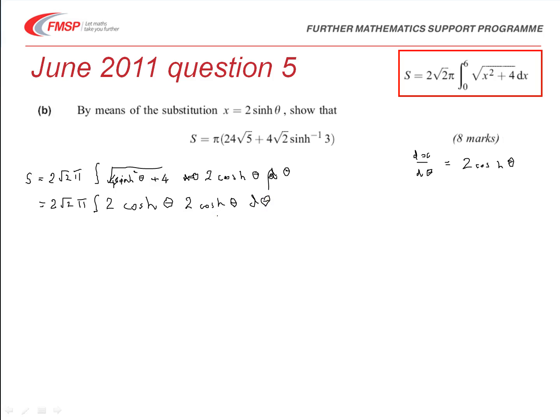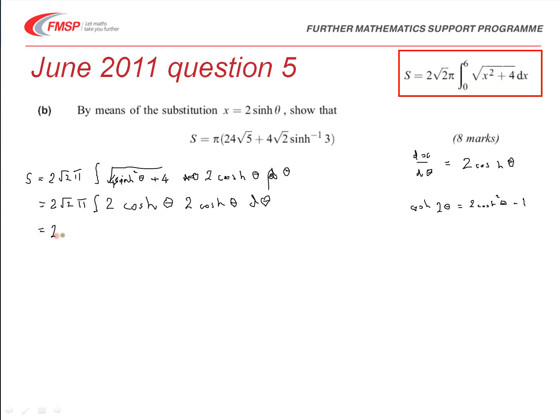Now to integrate cosh squared, just like cos squared or sine squared, we need to use a double angle formula, and for that we're going to need to know what cos 2 theta equals, or cosh as the case may be, and cosh 2 theta will be equal to twice cosh squared theta minus 1, and you need to be able to find that out for yourself. If you know the double angle formulas for cosines and sines, then that would be particularly helpful because you can then just substitute. And so if we rearrange this, we're going to get the fact that cosh squared is equal to cosh 2 theta plus 1 over 2,